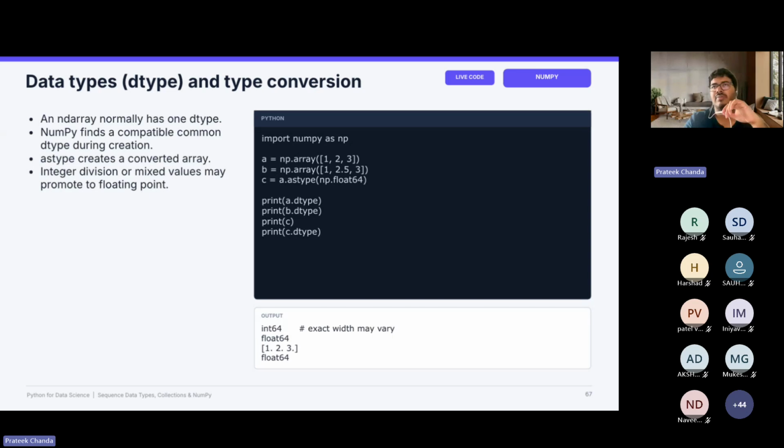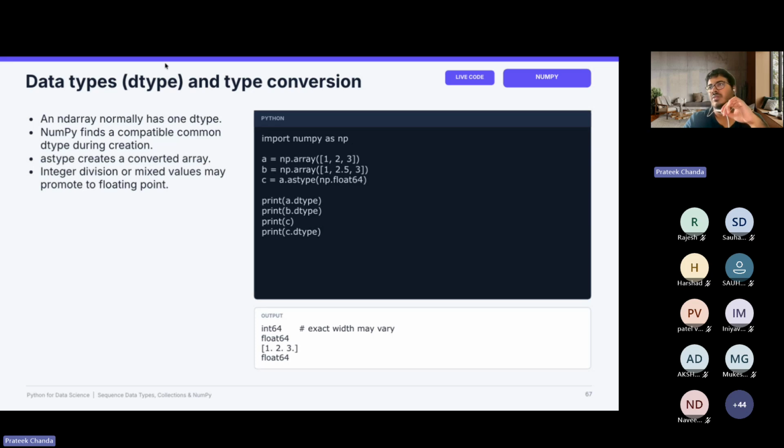A NumPy ndarray normally has one dtype. Dtype basically means whether the entries in the matrix are integers or floats. If it's integer, you typically call it int64, or float64 for float, or you can also have 32 conventions.